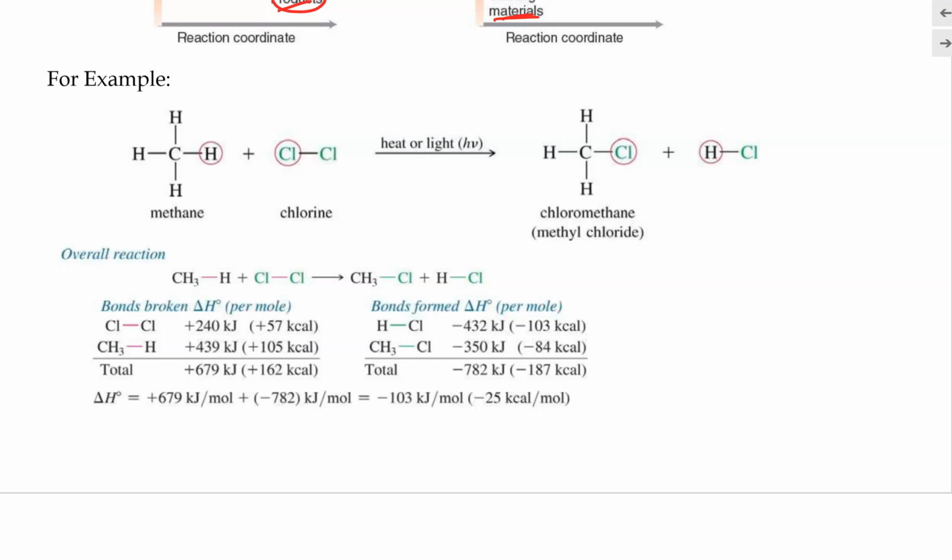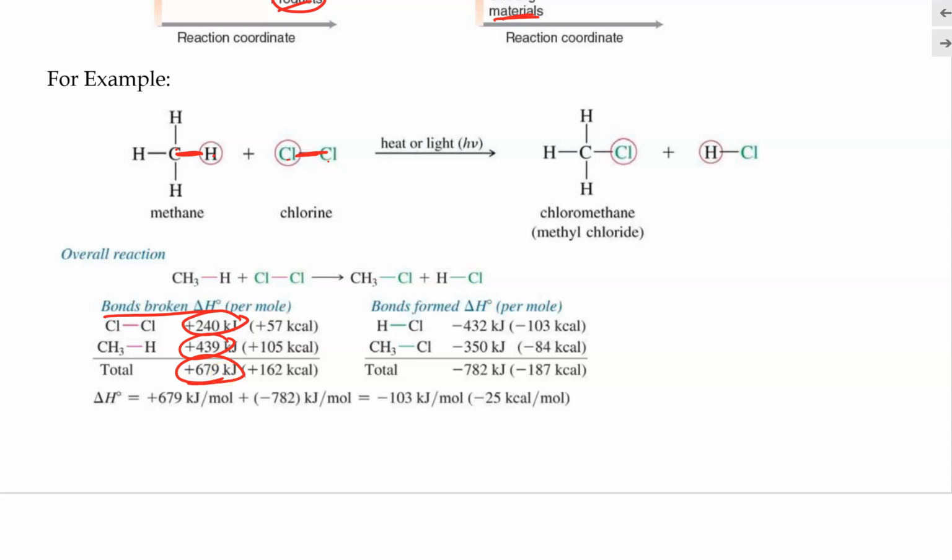calculated delta G. So here in this case, let's now consider delta H. In the course of this reaction, as we do the analysis, we can see that we are breaking a C-H bond and a Cl-Cl bond. So that will be the bond that we are breaking, because we do not observe this bond on the product side. So that means as this reaction is happening, a C-H bond and the Cl-Cl bond will be broken. So therefore, bond breaking, we have to break a chlorine to chlorine bond, and that will be the bond energy of that. And we also have to break a C-H bond, and this will be the bond energy for it. So in the end, this is how much energy they would take to break the two bonds in the